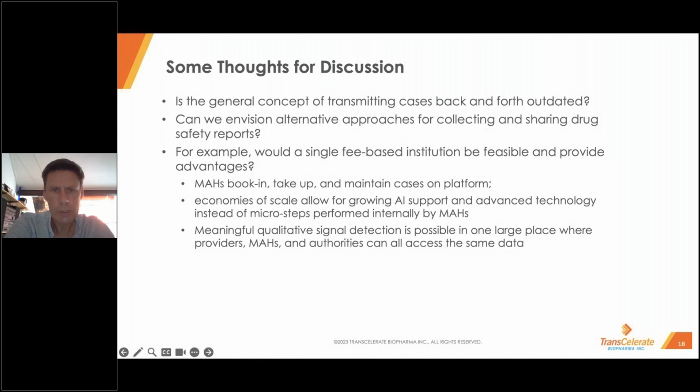In addition to which, these single or at least single fee-based, they may be distributed databases could also provide advantages in quantitative and qualitative signal detection. All the information is essentially in one large place for all products with the appropriate access to the various stakeholders, MAHs and authorities. So with that thought-provocative